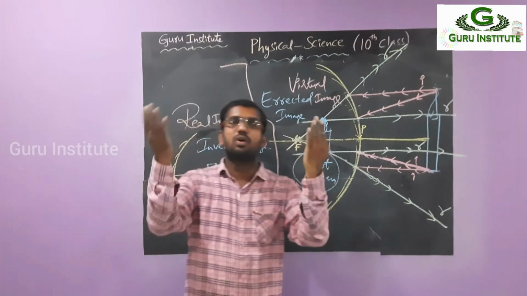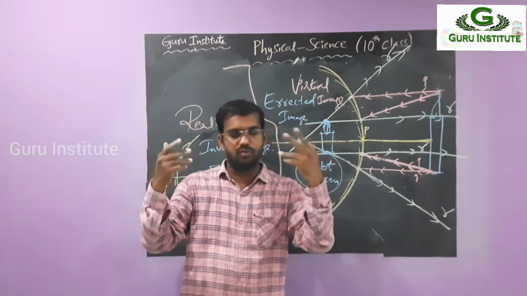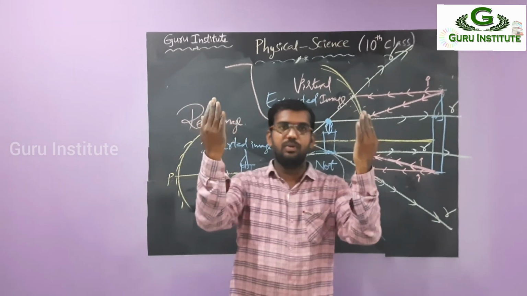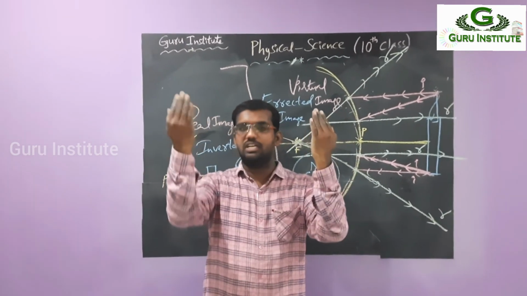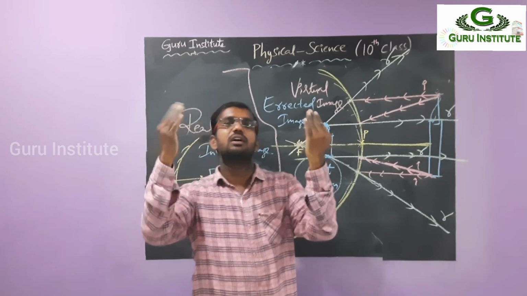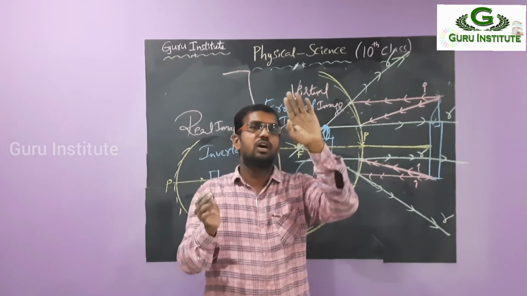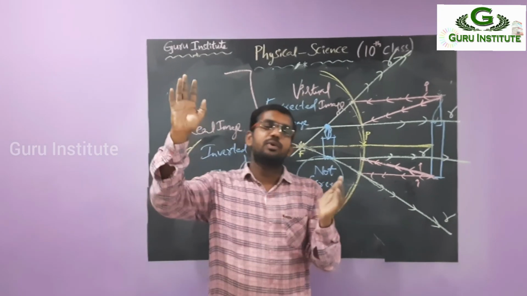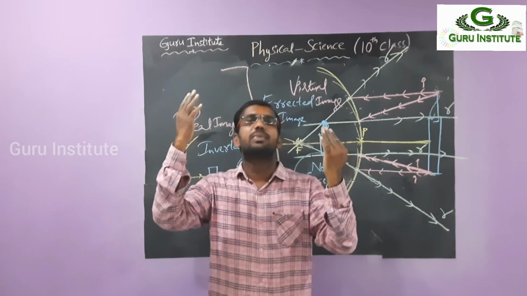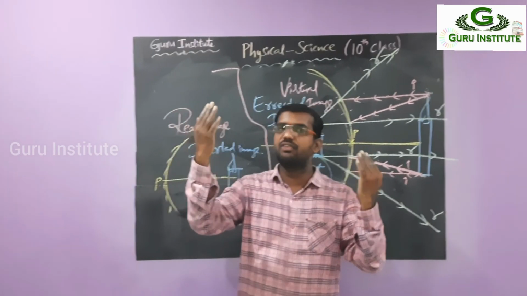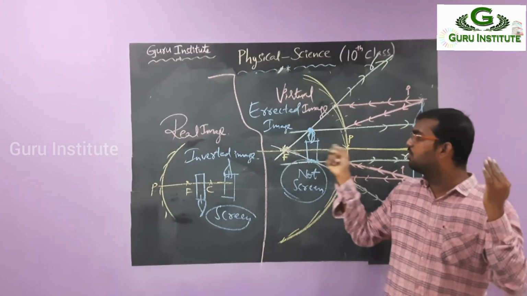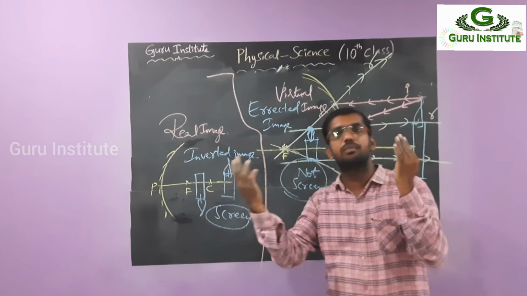So concave, convex. Now we have seen the difference between the concave and convex, the concave mirror and the convex mirror. Okay, clear? Sorry, this is the concave, this is the convex. The concave mirror is curved inward, and this one is curved outward. The reflecting surface is the inner area, and here the reflecting surface is the outer area. In this one, the principal axis, focus, and center of curvature are in front of the mirror. In this one, the principal axis, pole, focus, and center of curvature are inside the mirror.